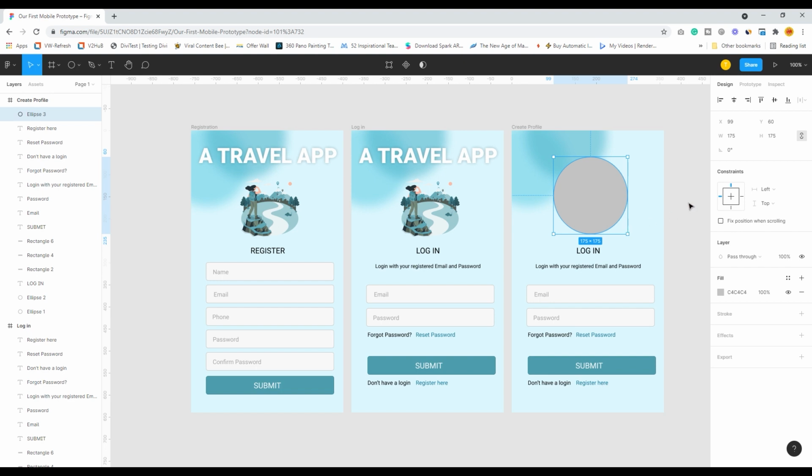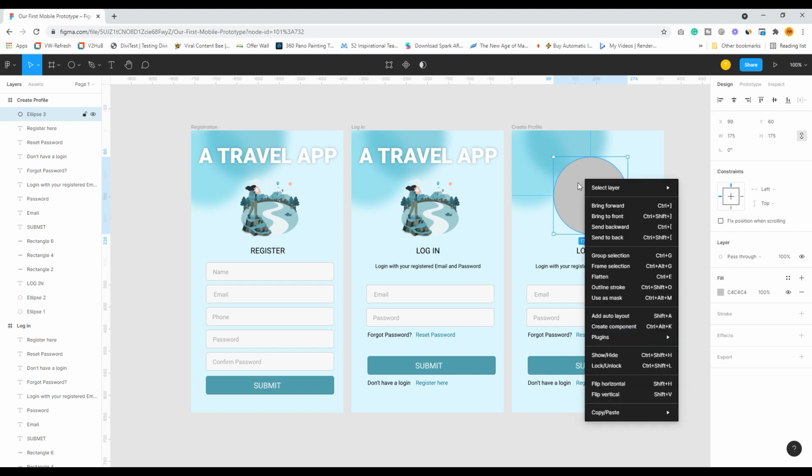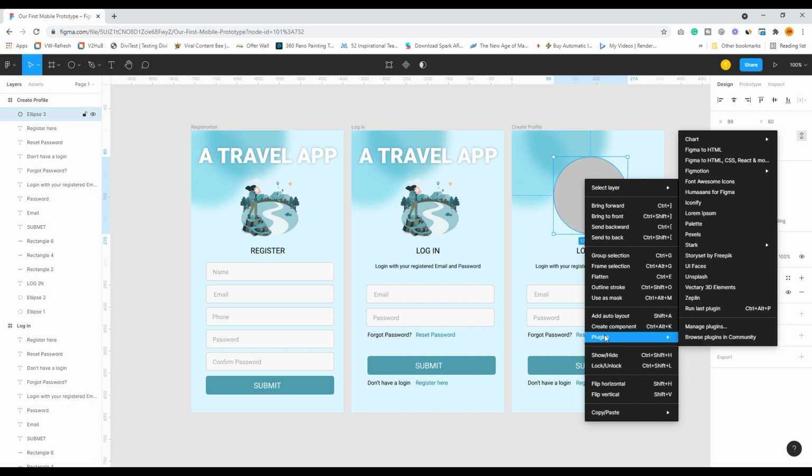Lovely. And I will also require one profile image of the person who has actually filled up this registration form and logged in. So after this circle is created, I will just right click and go to this plugin over here. You have seen that I have installed a lot of plugins.